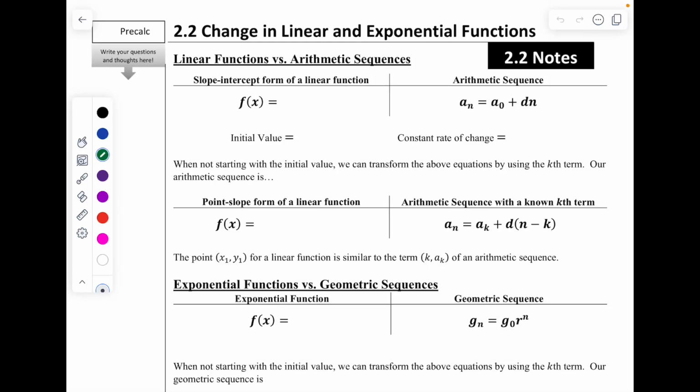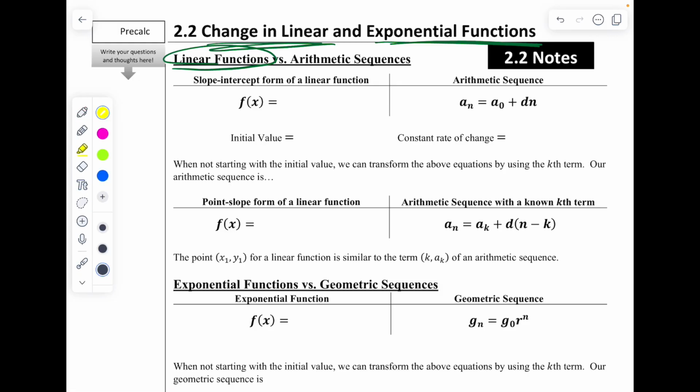Hey everybody, we're back. Let's talk about a change in linear and exponential functions. Before, we were talking about arithmetic and geometric sequences. Now we're going to see how they are similar to linear functions and exponential functions. So let's talk about what we've learned already. We know arithmetic sequences, which we've already learned, and today we're going to learn how linear functions are